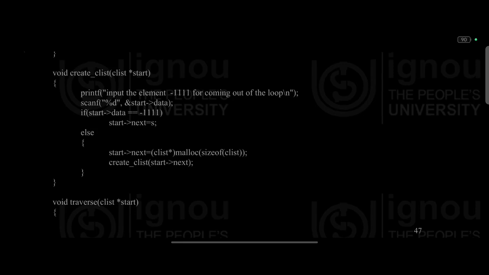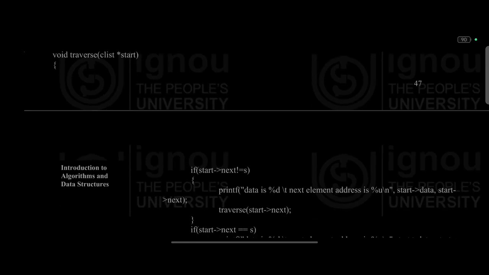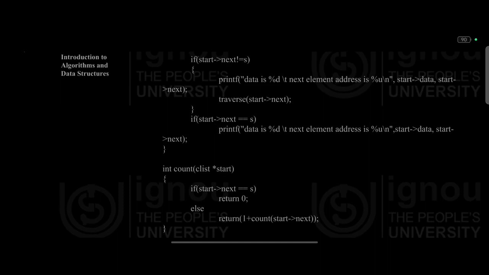void traverse(clist *start) { if (start->next != s) { printf("data is %d \t next element address is %u \n", start->data, start->next); traverse(start->next); } if (start->next == s) printf("data is %d \t next element address is %u \n", start->data, start->next); }